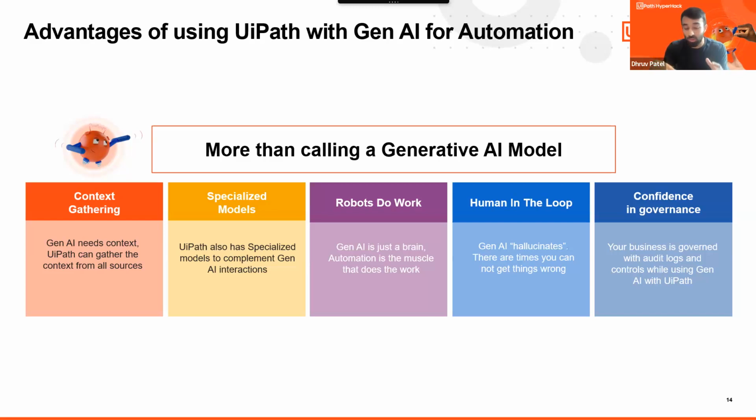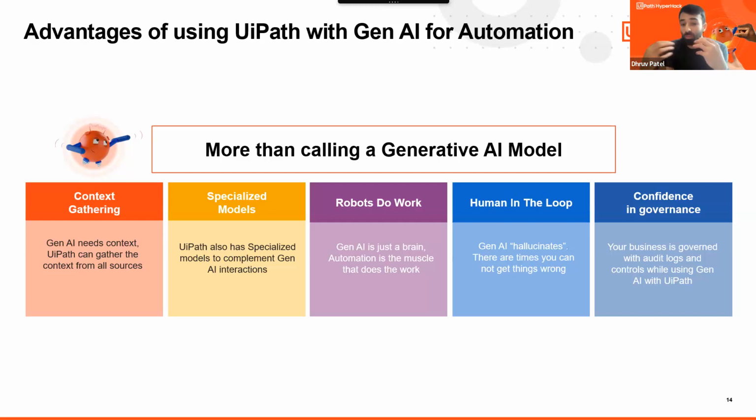Gathering data from multiple sources, synthesizing that data, doing additional transformations and adjustments to the data, really to then be added into the prompt and then sent to that generative AI model to get a response. So really helping on the front end with any pre-processing activities, combining it with specialized models, right? You saw some specialized models that KJ was showing in his demo. Sometimes there's document understanding type models, communications mining. There's a ton of UiPath specific specialized models and others that you can bring into the process stream and use in conjunction with generative AI to complete that end-to-end process.